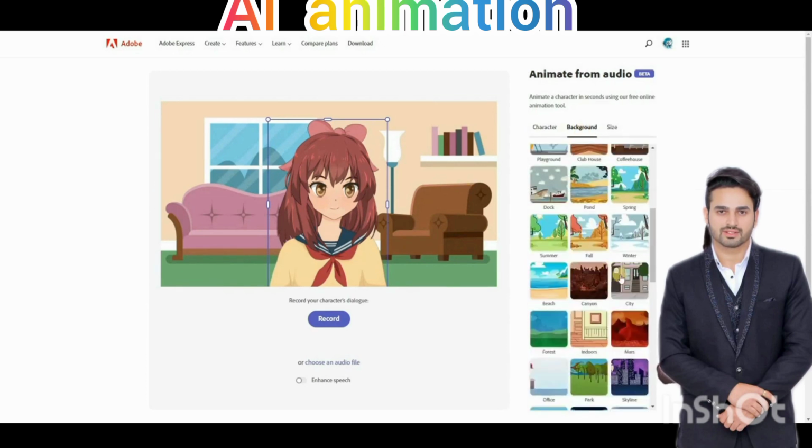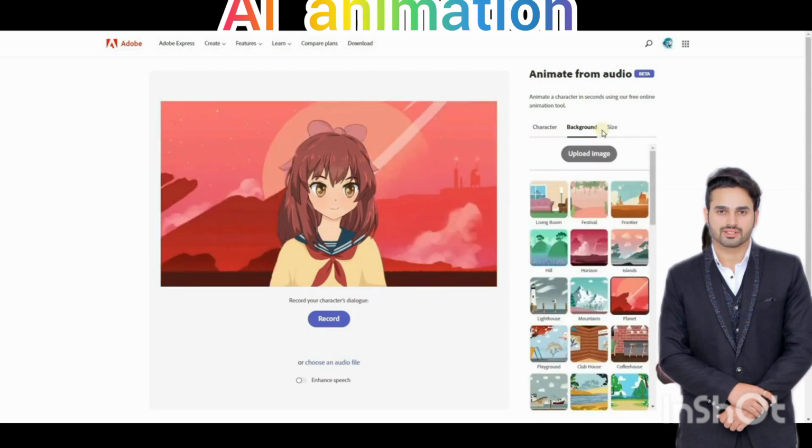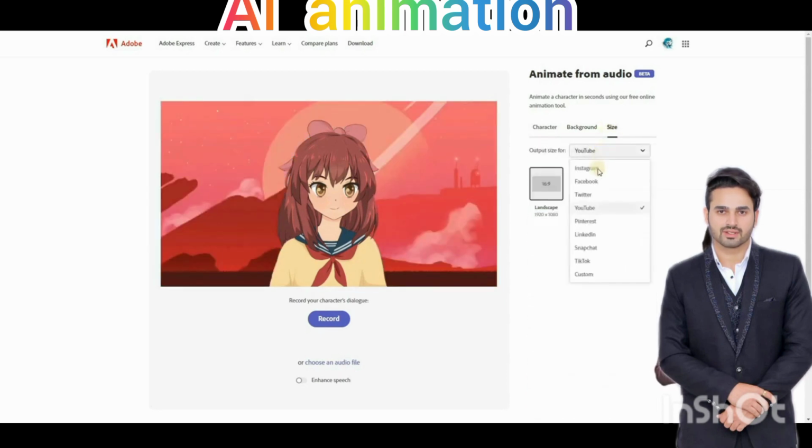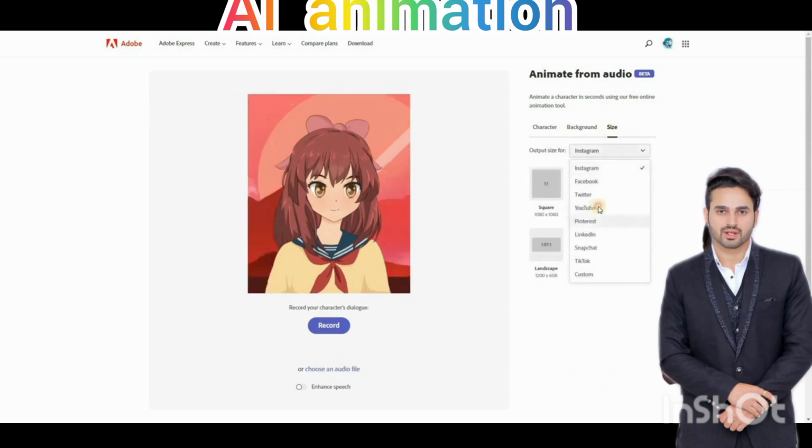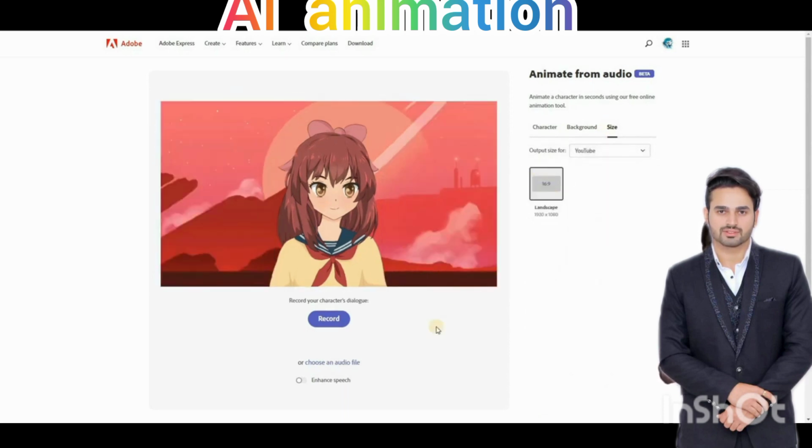Now, select your target platform and video orientation. For the audio, you can either record your own voice directly,